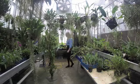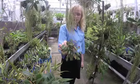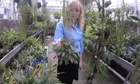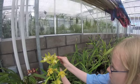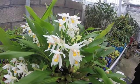Cool Americas is my favourite section, as it was the first area I cared for in Year 7. It is packed with all the diversity of the South American cloud forest. The final section is temperate, where we grow cool-growing plants like the Cymbidium loeanum, Coleogenes nitida and Coleogenes cristata, all